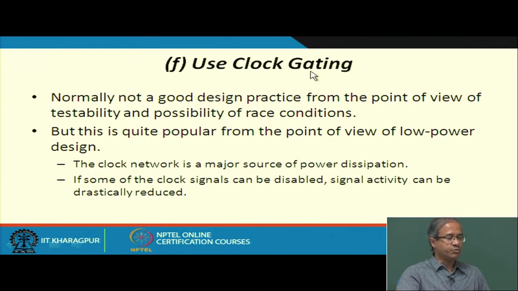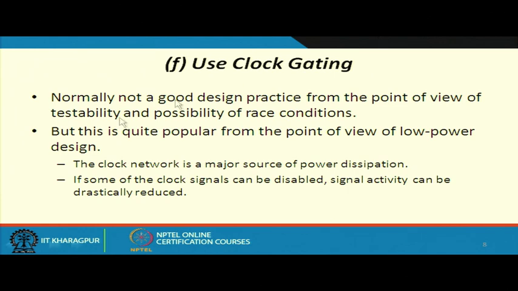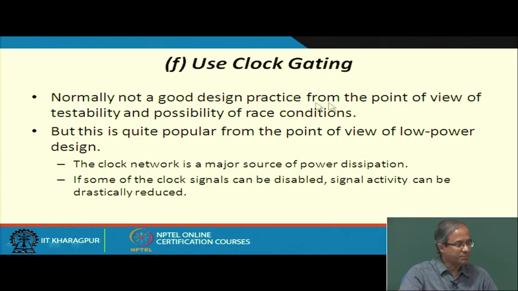Clock gating, we mentioned earlier also, is where we sometimes selectively stop the clock from reaching some of the flip flops or registers, so that unnecessary transitions are avoided. Okay. As I said also, this is not a good practice from the point of view of testability, and also race conditions may happen, but from a low power design point of view this is quite effective,